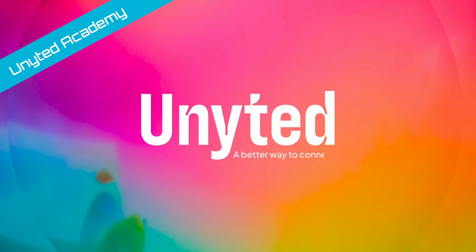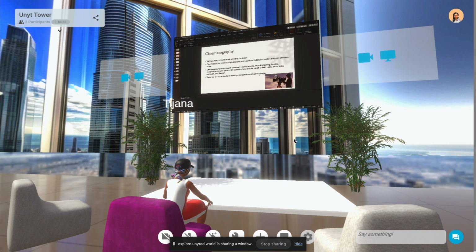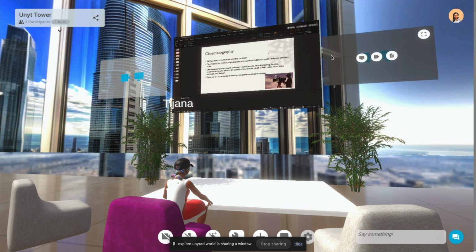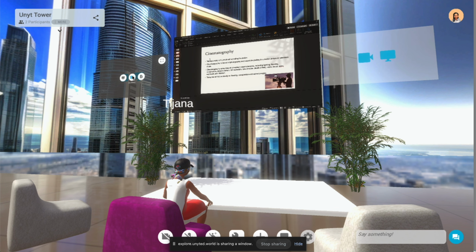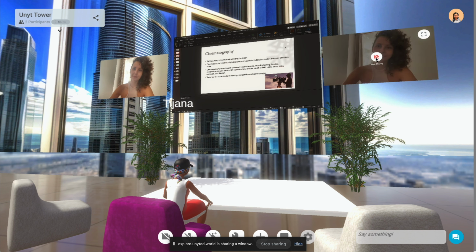5. Special feature, screen sharing. Our screen sharing feature is designed to enhance collaboration. Unlike traditional platforms that limit you to one shared camera, our platform allows you to share multiple screens simultaneously. You can display your camera on one screen and share your computer screen on another, creating a more dynamic and